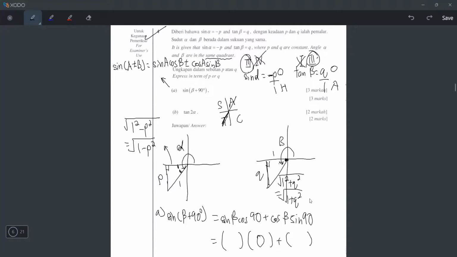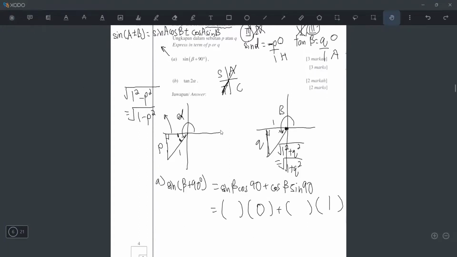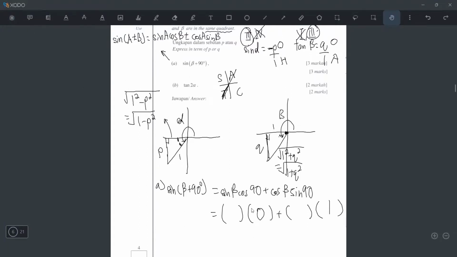And then cos beta, you can look from the diagram later, and sine 90 is 1, right? So you have to memorize the cos 90 and sine 90, all right? You memorize it from the graph already. The cos graph, okay, the 90 is here, that's why I know it's 0. Okay, anyways, let's continue. For sine beta, you will look at the diagram here and take opposite over hypotenuse, but